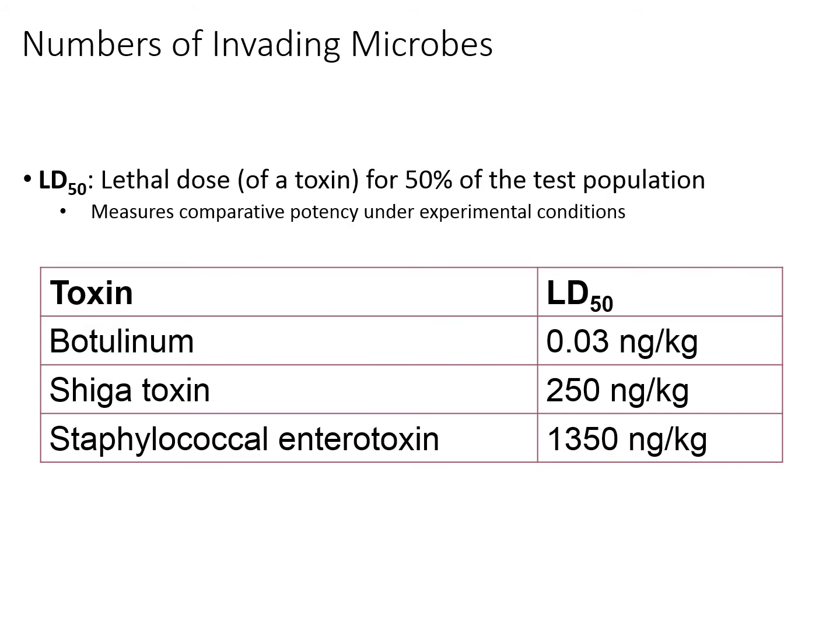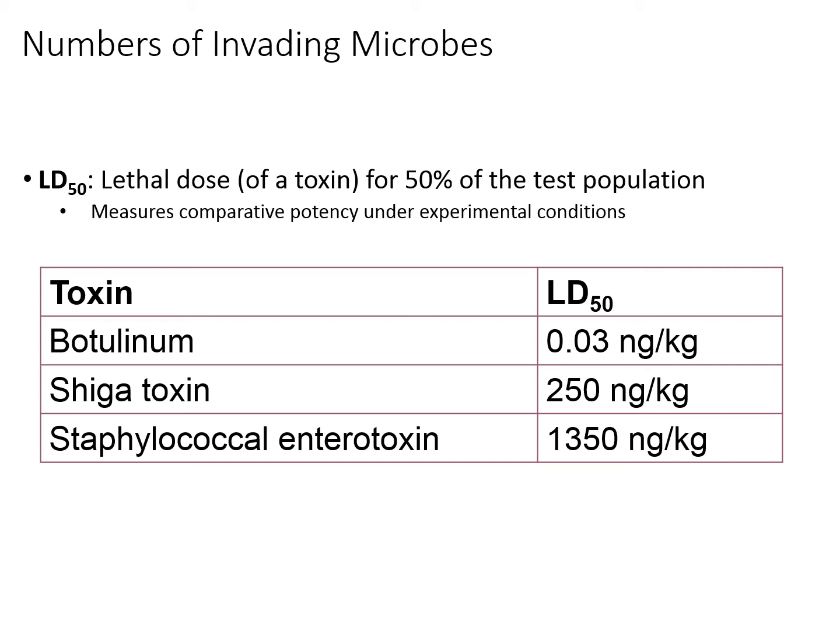The LD50, or lethal dose 50, is a way of comparing the potency of toxins experimentally. So the lethal dose 50 of a toxin is the dose of a toxin necessary to cause death in 50% of a test population of animals. So we're measuring comparative potency. As you can see from this example,